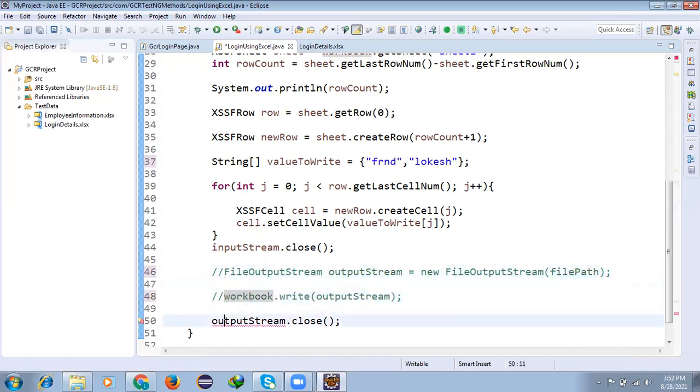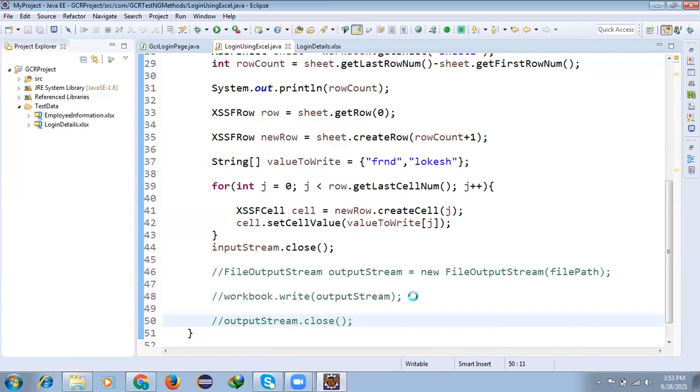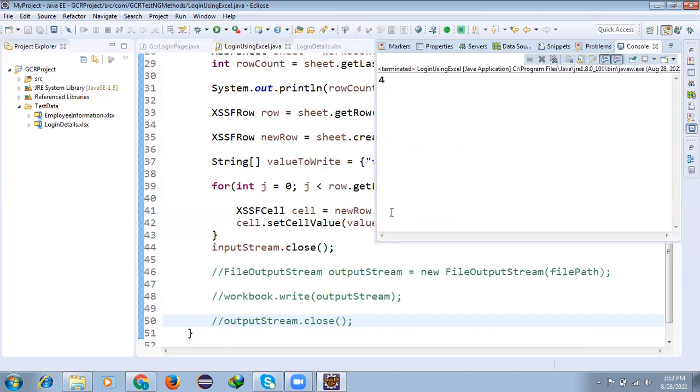I'm not saving any value. I'm just running up to here. It will store it. 4 rows are present, correct?